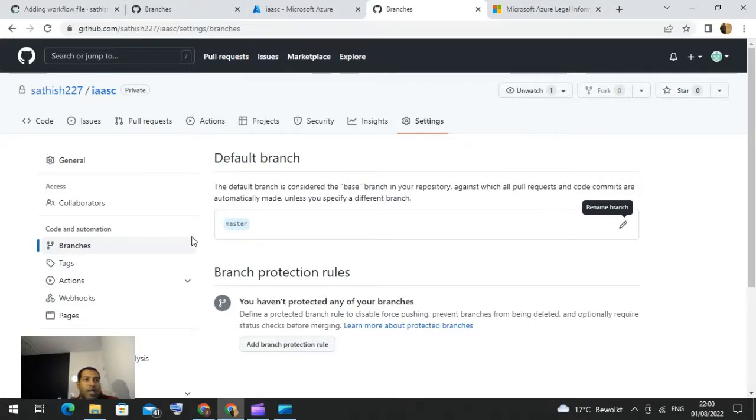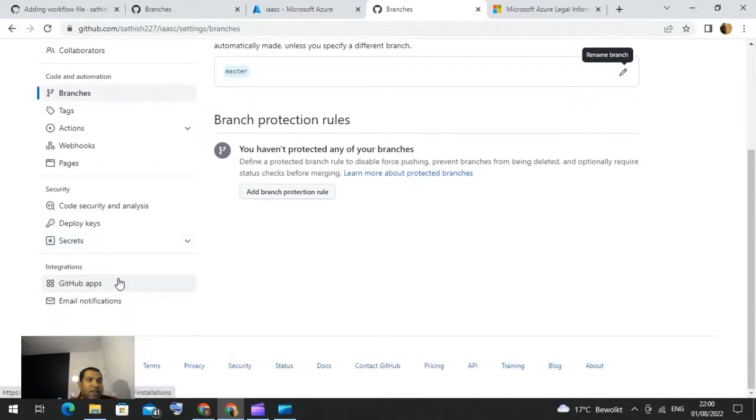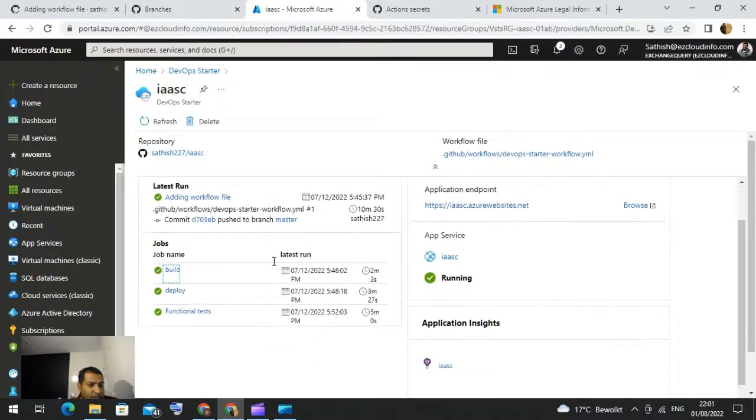Also, when you go into the security section, you have an option to control the security part by deploying keys and secrets. For example, when I go into secrets and actions, I can integrate with the Azure credentials and then control the security part. So when I go back into the code, you see the continuous integration, which